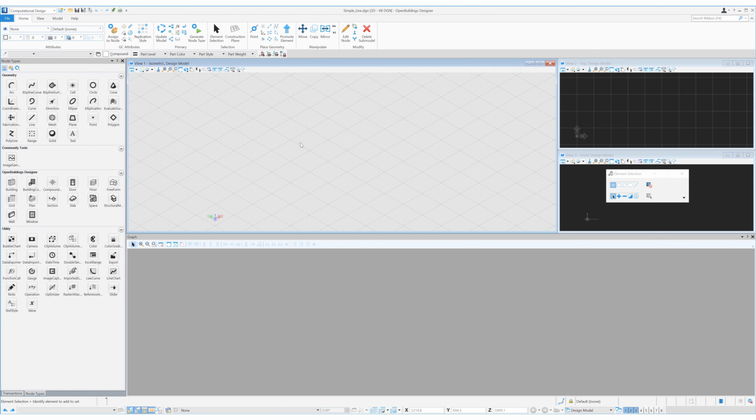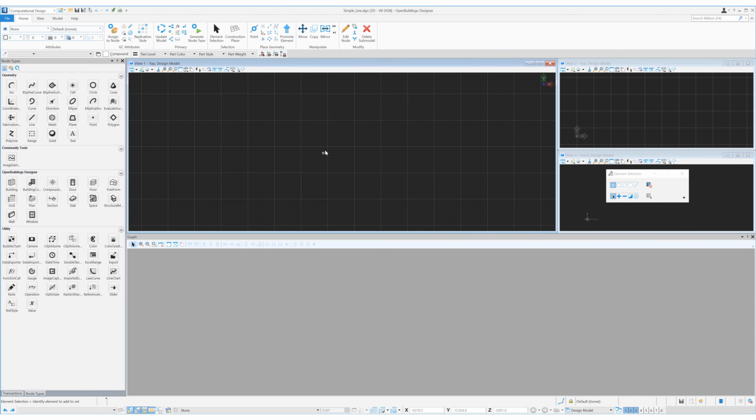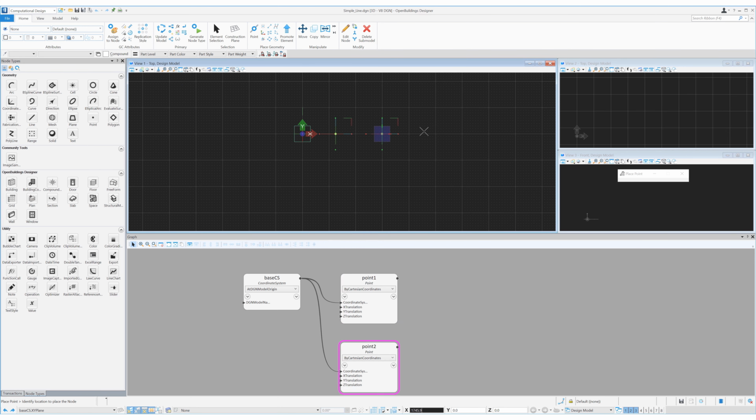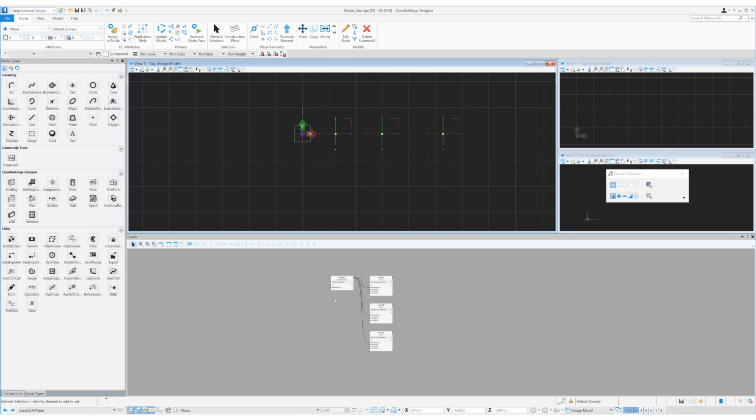Here we are in a new DGN file called simple_line. To start, let's change to a top view and then set the view style to wireframe. Clicking on the point tool and clicking yes and OK to create a base CS, I'll place 3 points generally spread along the x-axis. For the last point, I'll change the x value to 5000 and set the y and